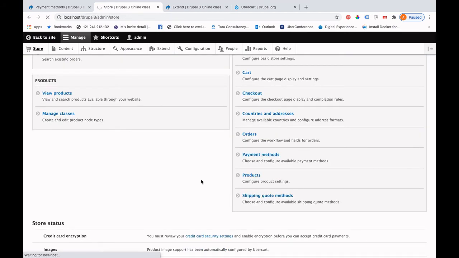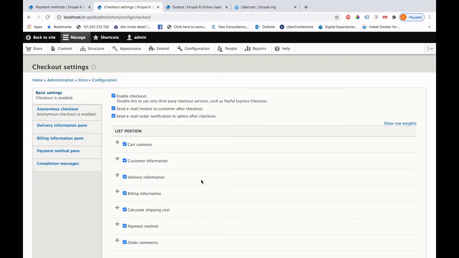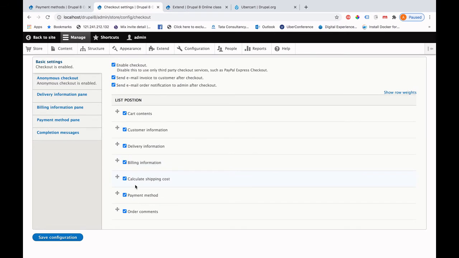This is the checkout. At the first stage of pages, where I was showing you by adding some cart and going into completing the entire transaction, I was showing you the several steps. So in the checkout section, if you want to disable certain options not to display, you can uncheck from here. If you don't want to show the billing information, you can unselect that and it will not show in the checkout page. So if you don't want to show the calculate shipping cost, you can also hide that.